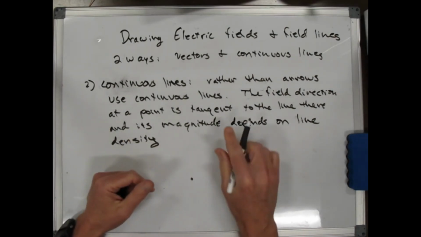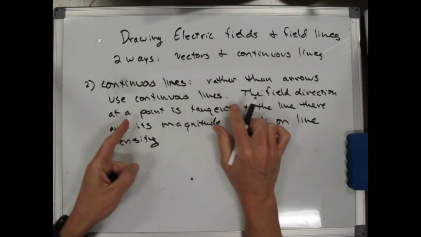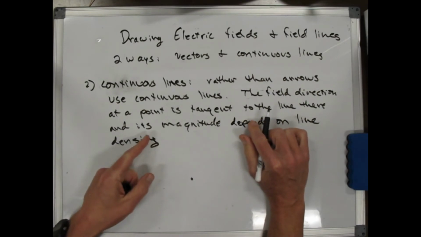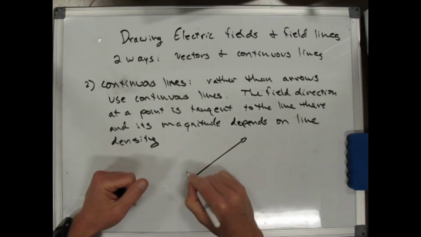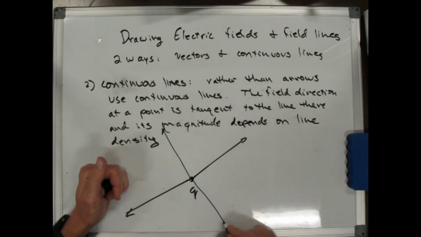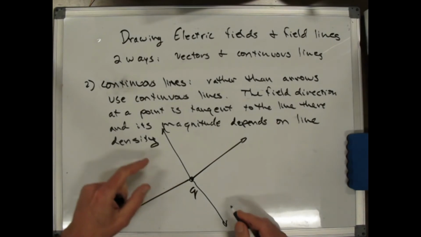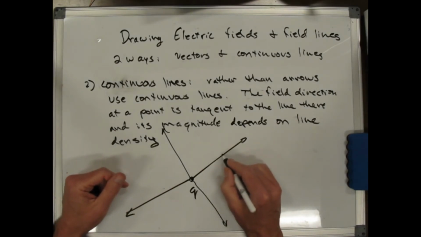So continuous lines. For this method of drawing electric fields, rather than arrows, we can use continuous lines. The field direction at a point is tangent to the line there, and its magnitude depends on the line density. So if I go back and draw my Q again, rather than having separate arrows like this, I can draw continuous lines,